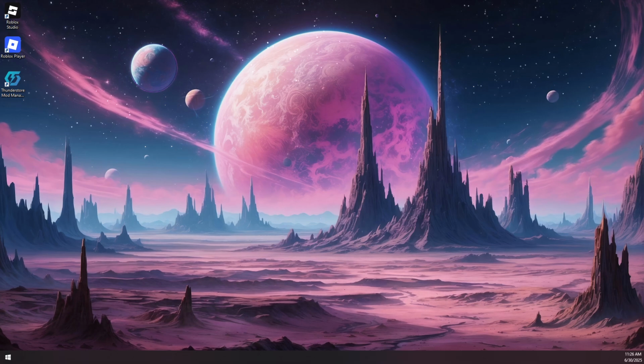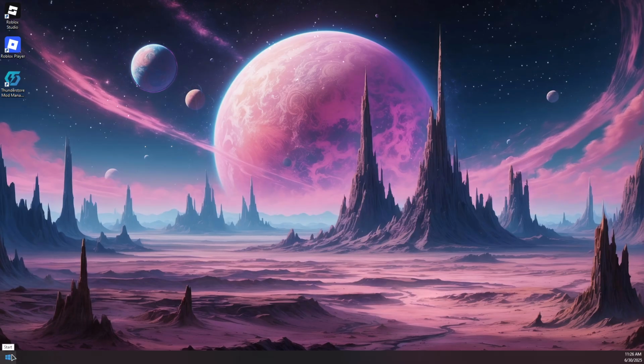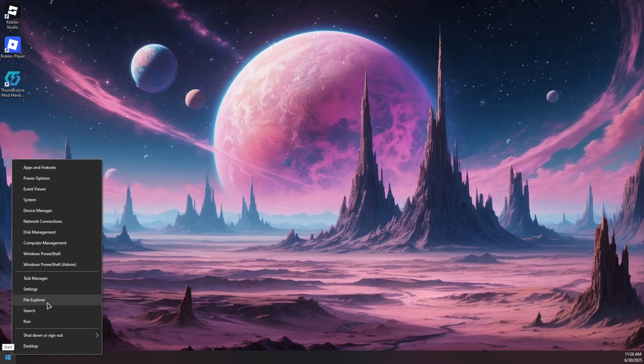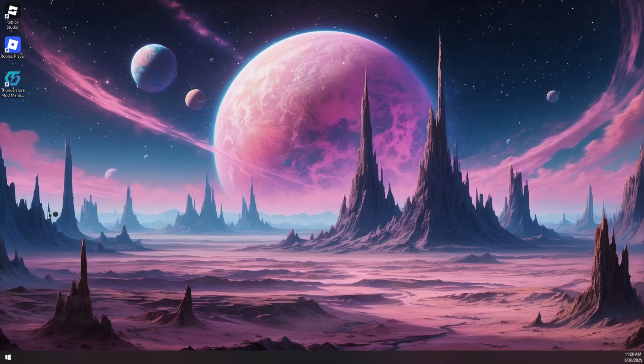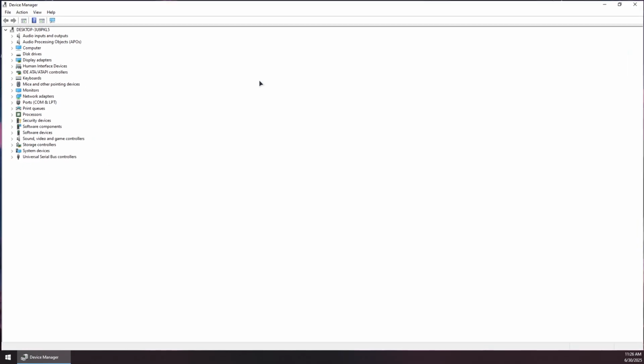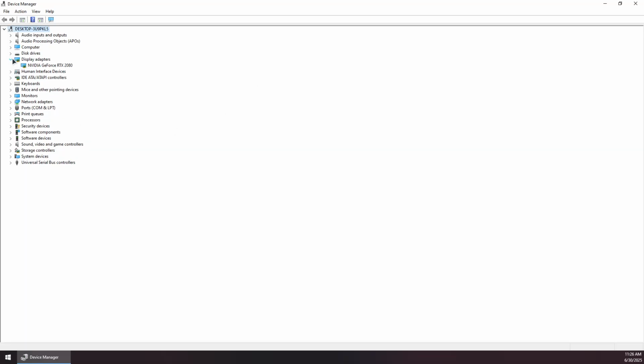How to fix NVIDIA graphics card not showing up in the device manager. First, you want to right click on the start menu or the start button and then click on device manager. Now in this window, if you try to expand display adapters and you don't see your NVIDIA GPU under here,